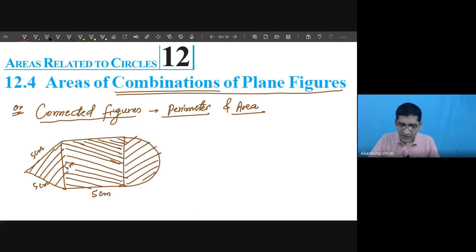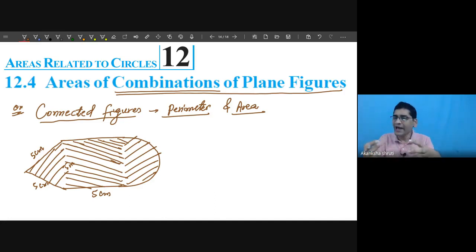But in the question, this square part may not be directly given or may not be visible to you. It may be given directly like this. So the figure is like this. You have to calculate the shaded area and the boundary length. It is like this one only. Getting it? Then how to calculate? So again, you have to go the reverse way. First, convert this entire area into the known standard areas, then add them, and you will get it.